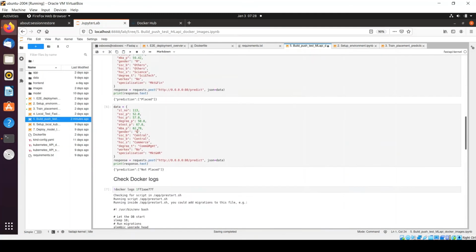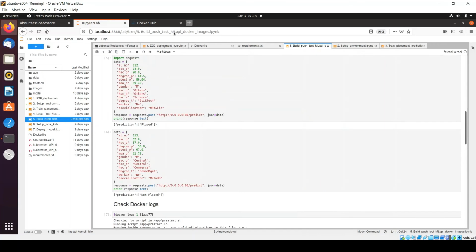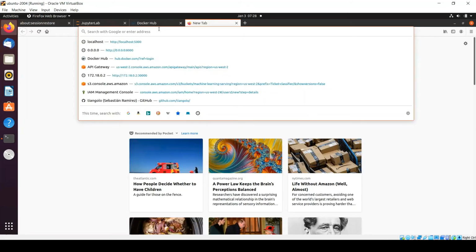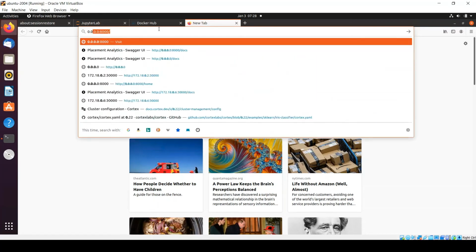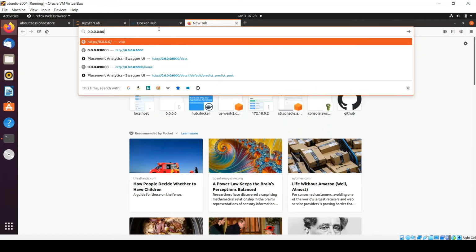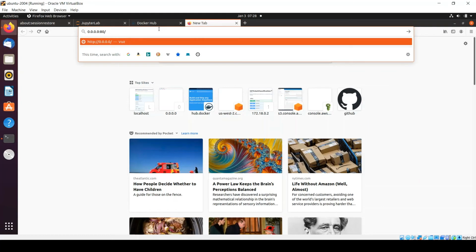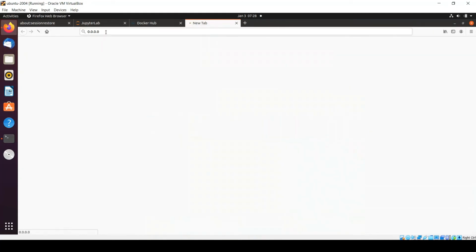The other way, we can also check it with the help of this 0.0.0.0, and here you need to give 80, and here you'd be able to see the value. System is healthy, right?